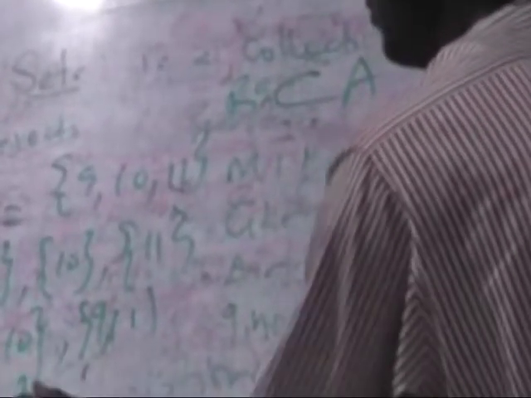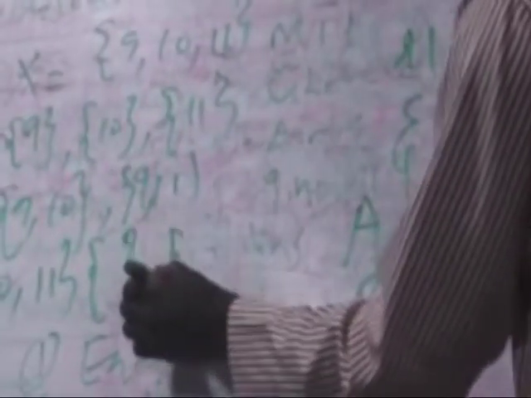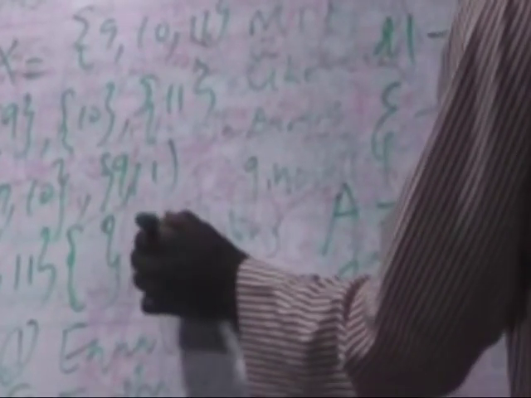The next one will be 10 and 11. The next subset will be the empty set and the original given set itself. So each set is a subset of itself, and in every set, we are going to have an empty set. So by the time we have these 8 subsets in a given set which has elements 9, 10, and 11,